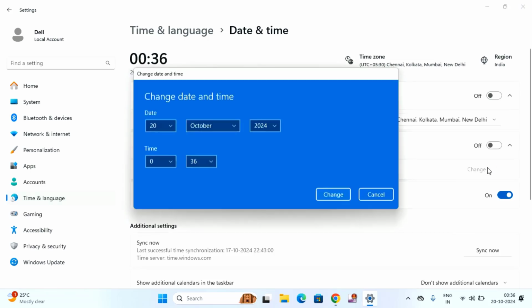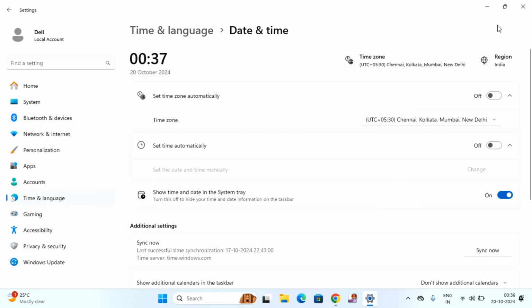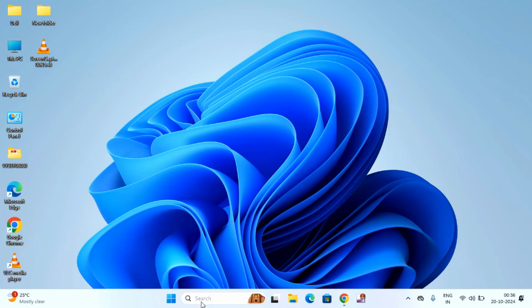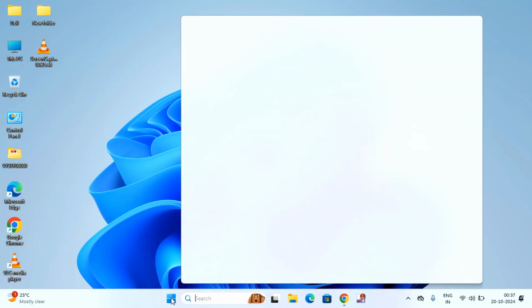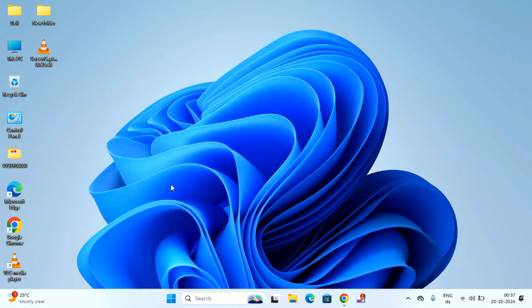Click on this change. Select the present date and set the time, then click on change, then close this window, then right click on this start menu. Here you can see terminal admin. Click on this, click on yes,